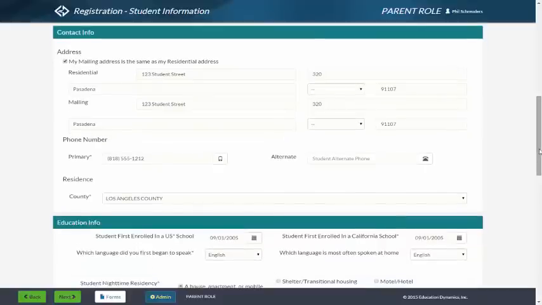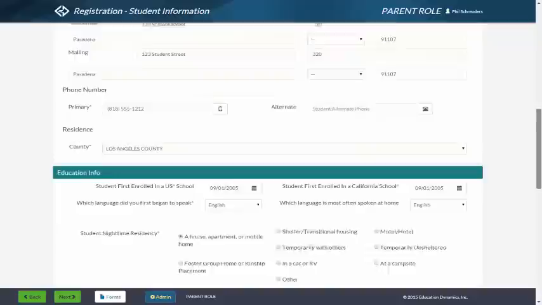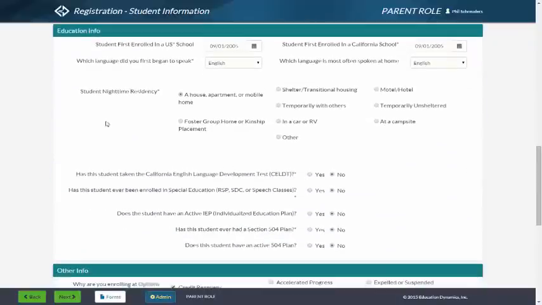The next section is the contact info. So here you will confirm the residential address, the mailing address, the phone number, and the county of residence. Now you will confirm the education information, such as when the student first enrolled in a U.S. school, when the student first enrolled in a California school,